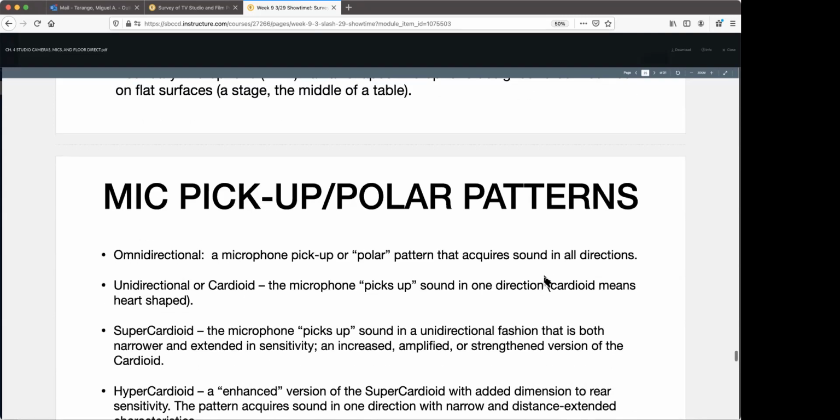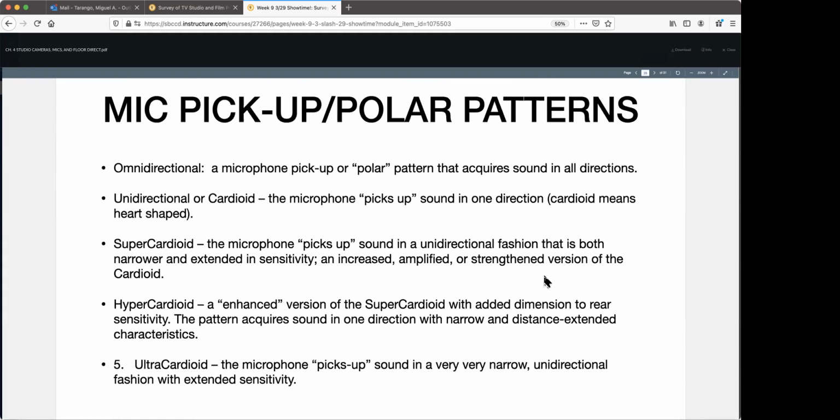Mic pickup or polar patterns. Now, omnidirectional, these are microphone pickups or polar patterns that acquire sound in all directions. These are typically open, and again, these are typically used in meetings. But then we have unidirectional or cardioid. These pick up sound in one direction because cardioid actually means heart-shaped. If you've ever noticed the talent in any show where they point the microphone to someone's mouth, well, that's what that's for, because the microphone is going to be